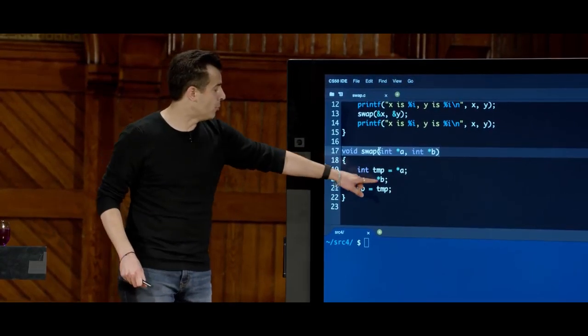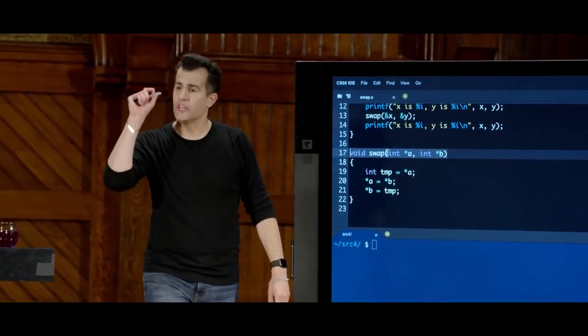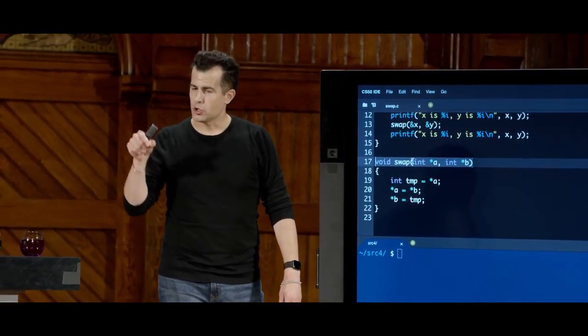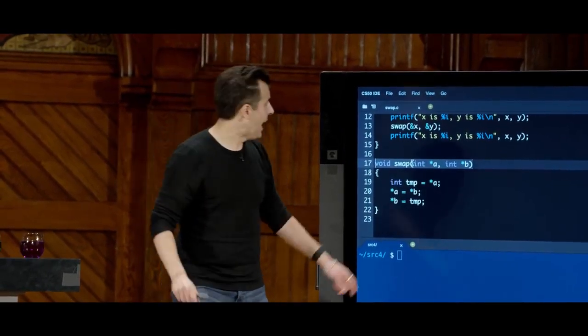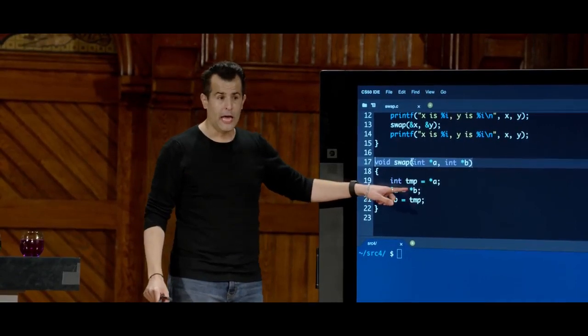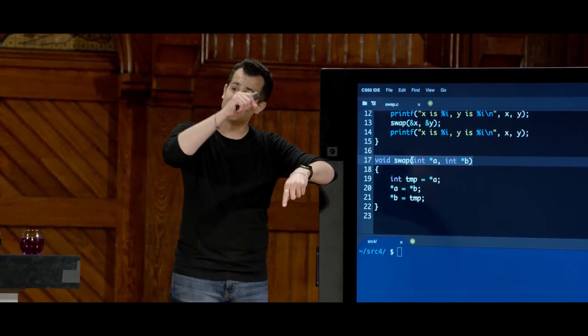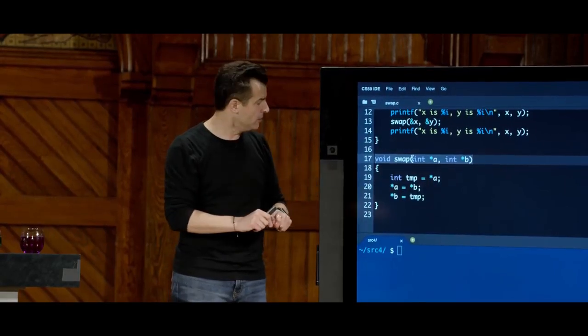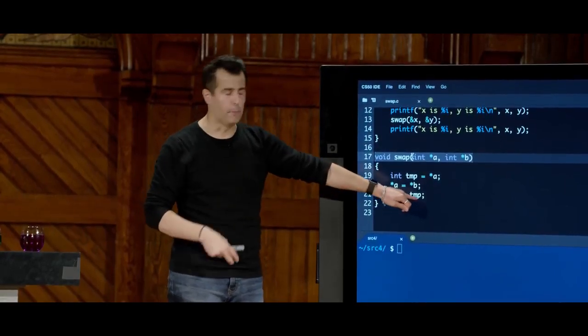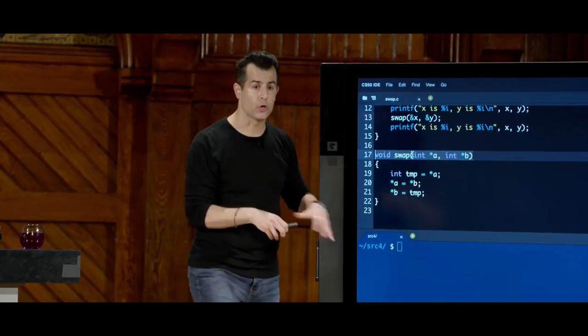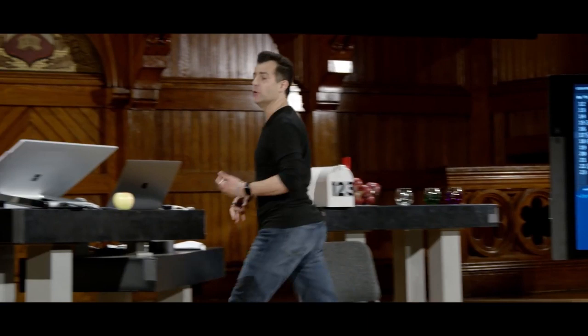The second line of code means go to b. So if you follow the address in b, where does it lead you? It should lead you to what we called y, and that y was a 2. And star a means go to the address in a and put whatever was at the address in b there as well. And then lastly, go ahead and take temp, which is just the number 1 I claim, and go ahead and put it at the address in b. It's hard to see this in code, so let's instead visualize it.